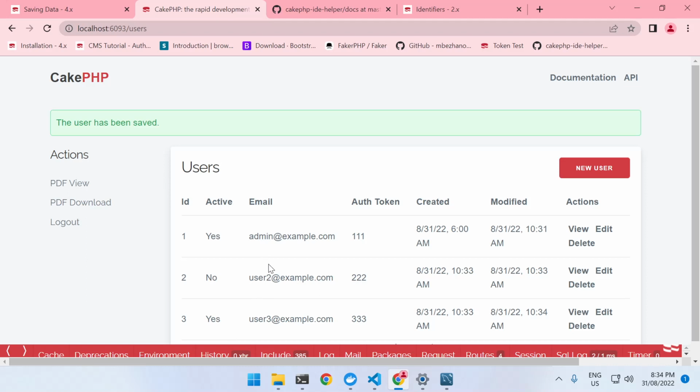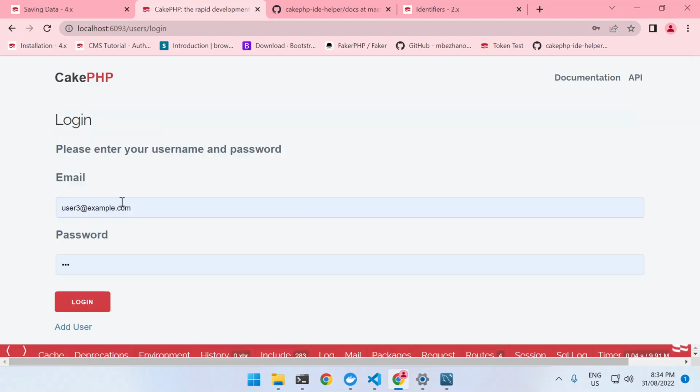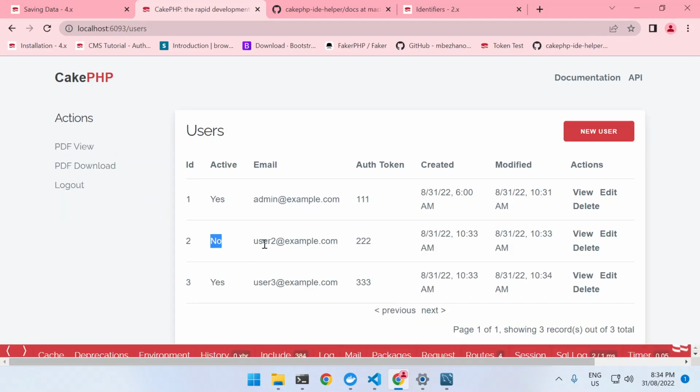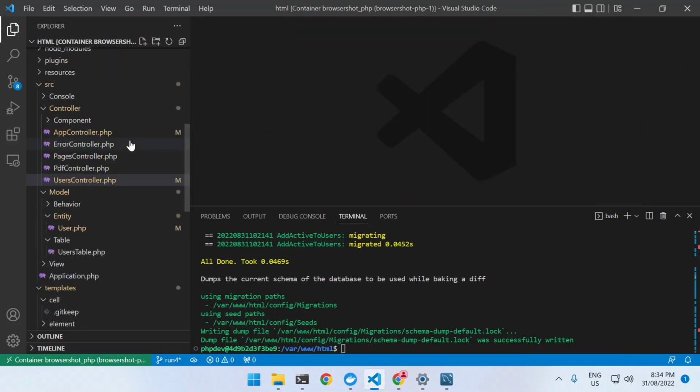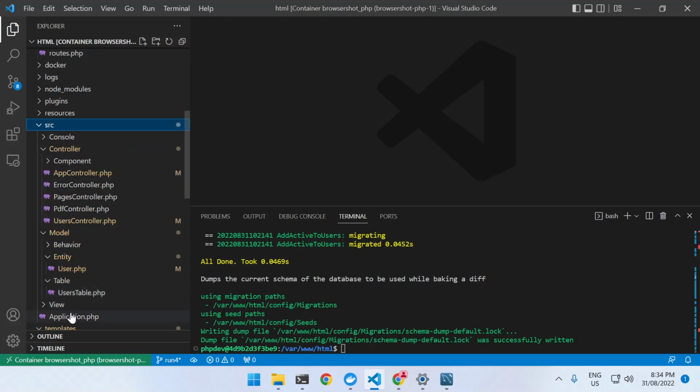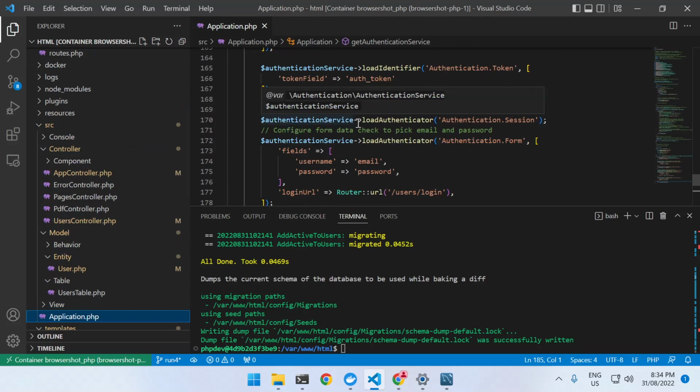So now we've given ourselves the ability to mark users active and also provided a little bit of a check to make sure they can't disable other users. However, where are we up to? Well, currently, let's look at logging in as user 2 and notice what happens when we log in as user 2. Well, it says active is no, but it's still enabled us to log in as user 2. So what we're going to do is go into our application src file. So go src application here and start to look at what we need to do